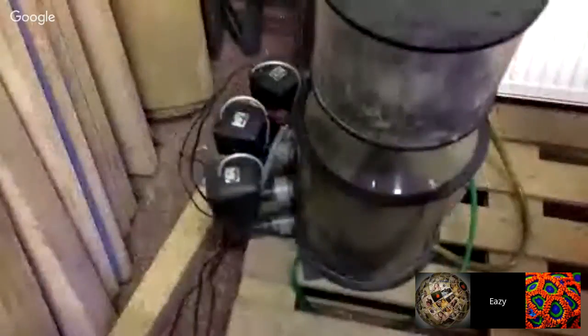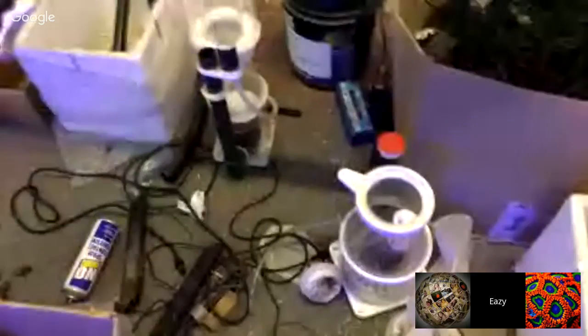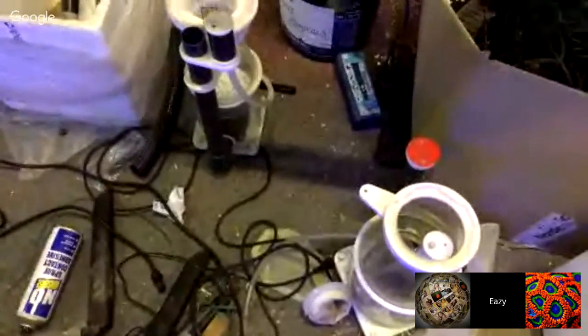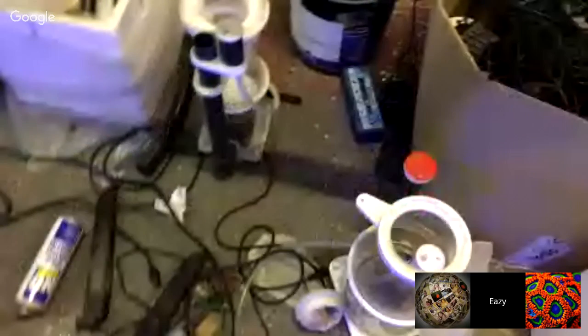Yeah, you should use that one on that tank. You should use that one on a small tank, with that skimmer. There you go, 3-pump skimmer. You'll be skimming out all your magnesium with that skimmer right there. There's spare skimmers here, look. I got stuff all over. Damn, Nick, you need